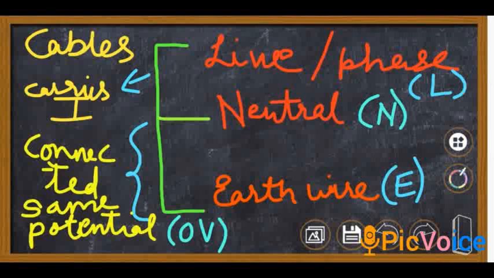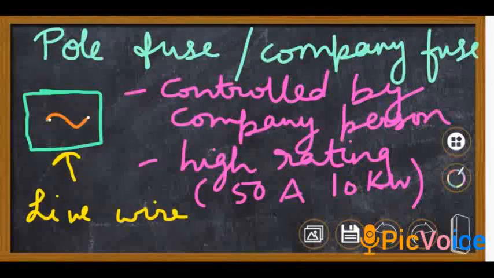Okay, and earth wire we will learn again why it is used for. This is basically used as a safety. Whenever the current exceeds, then these extra electrons via the earth wire enter inside the ground earth for safety. So this is the entire cable description: live wire or the phase wire, neutral wire, and the earth wire.